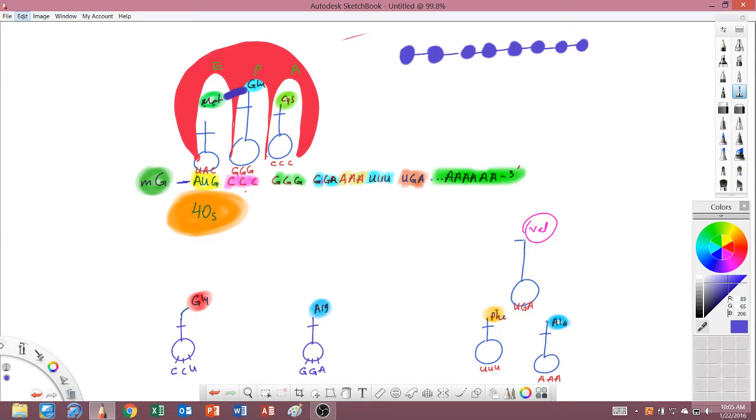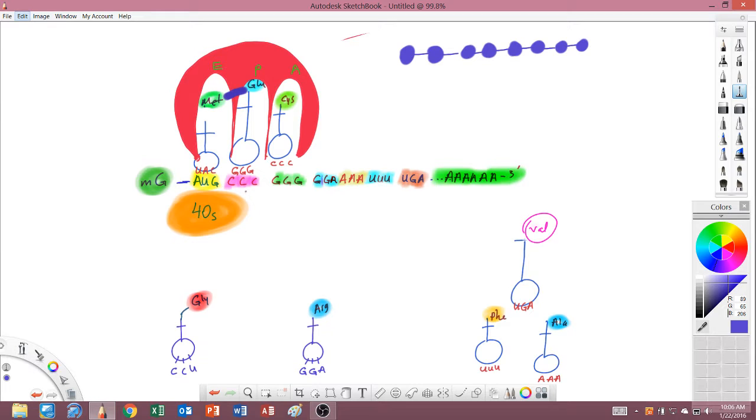Okay. So this is nothing more, this is very simple translation. It requires two ribosomal units, a small subunit and a large subunit. The large subunit is actually what makes peptide bonds, and specifically the P site. The A site only accepts occupied, loaded tRNA. Maybe that's a better term. The A site of the large subunit of ribosomes accepts only loaded tRNA. And the tRNA anticodon should match the codon.